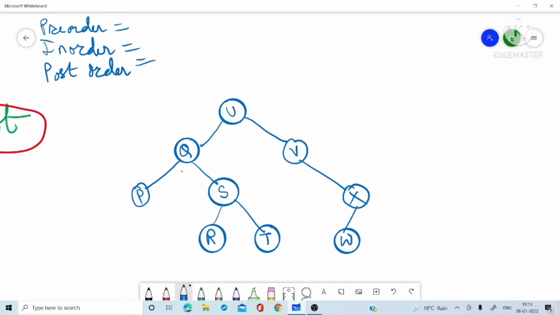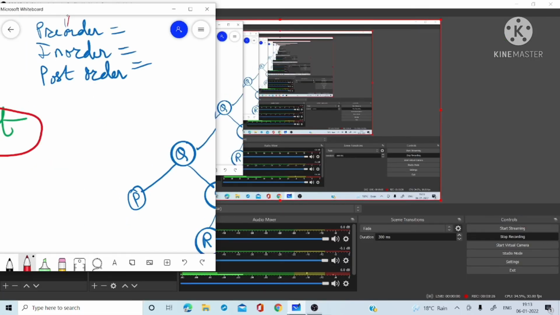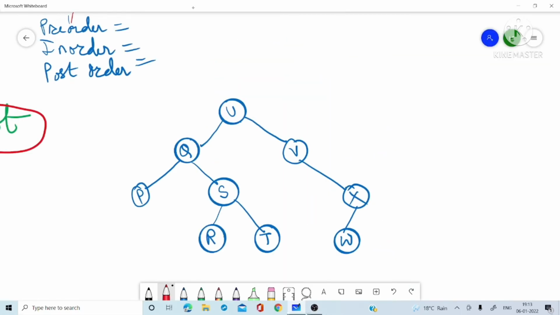Whenever you are writing pre-order, it is always number 1, in-order is number 2, and post-order is number 3. So first we will draw the imaginary parts.